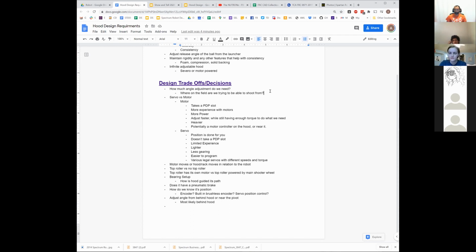Because there's almost certainly a zone where we don't ever care to shoot from, right? It's that initiation line forward towards the target zone, that gap area. There's no real reason to ever shoot there, right? We can be behind the initiation line and be fine. There's value in being able to go all the way to the target zone since that's protected, and potentially, if you can do it, a more consistent shot since the ball has to fly less. Right, there's just less time for it to